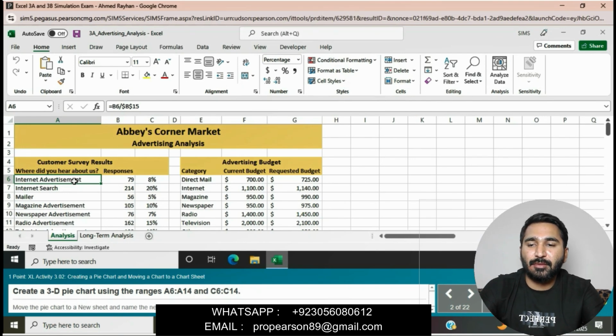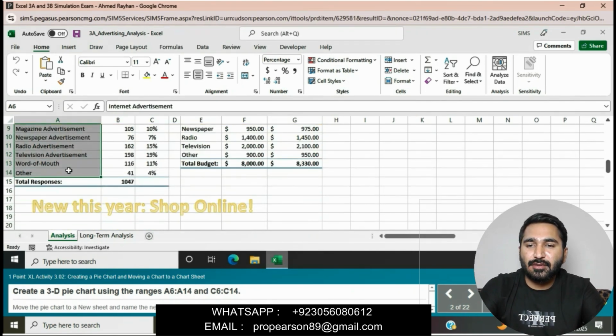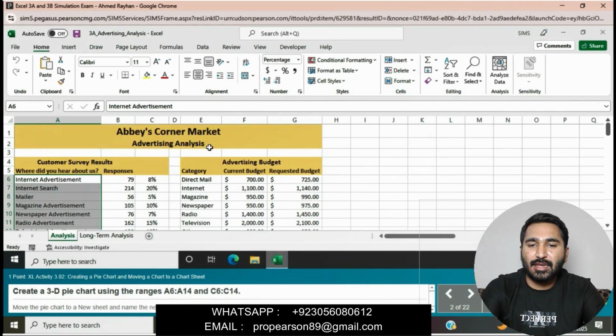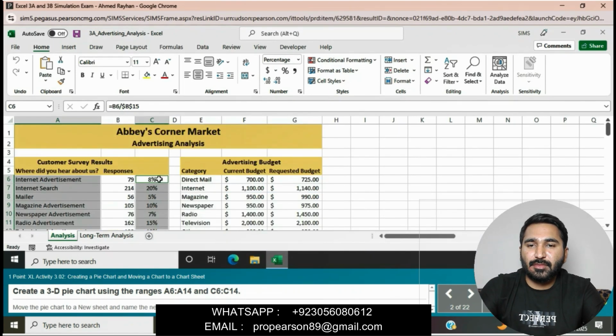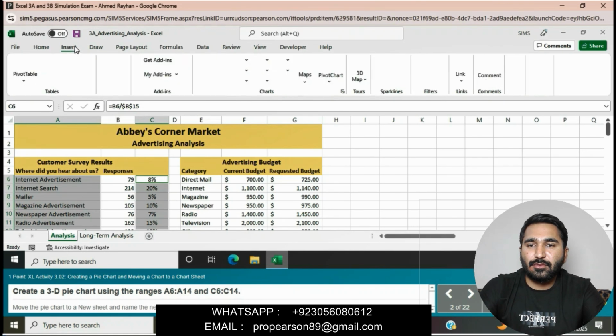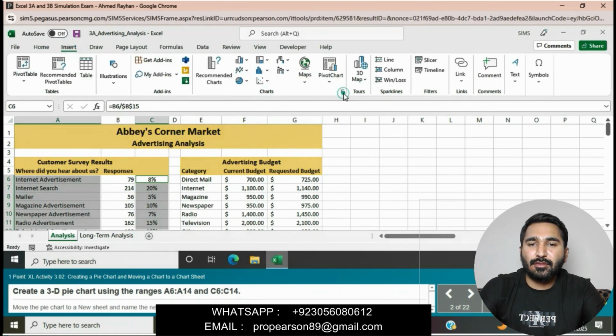You can see I am doing this question. We select the first range, press Ctrl and select the second range C6 to C14, and then go to the Insert tab and the Charts group.